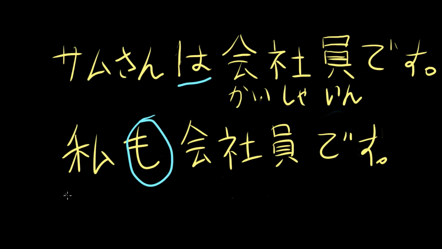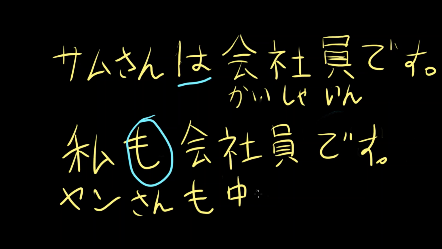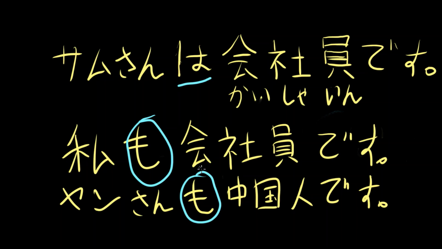Well, we could say, Yan さんも中国人です。So Miss Yang or Yan is also Chinese. So the key here is も。